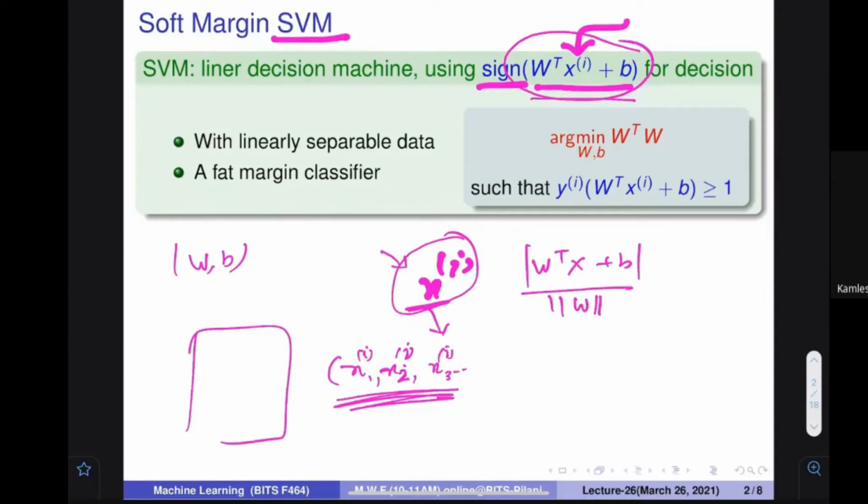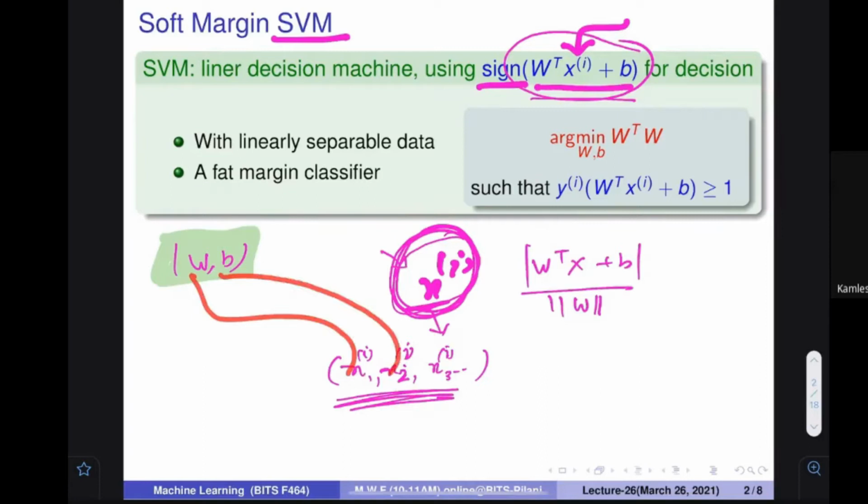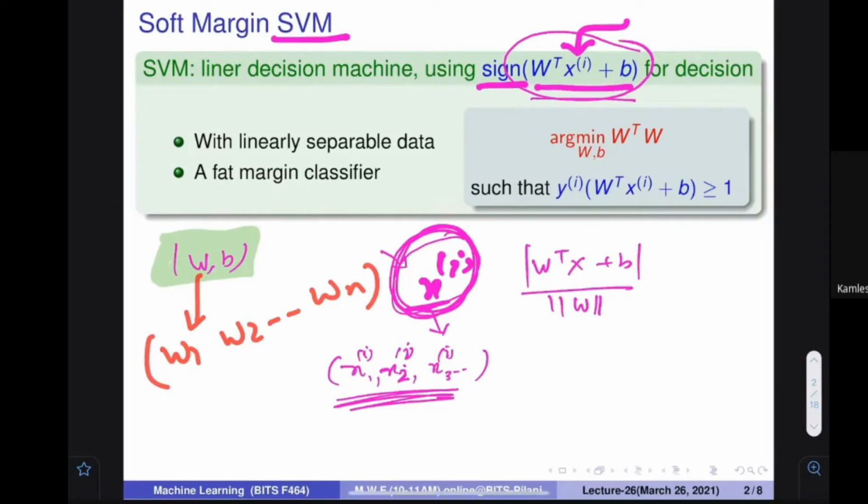So what is the equation of the hyperplane here? The equation of the hyperplane, as I told you, is specified using W and B. If a new data item is given to you, you find all its attributes x1, x2, x3, and combine these attributes with the W's, because W is going to be W1, W2, dot dot dot WN. You multiply term by term, and then add B, and if we put this equal to 0, it would be the equation of the plane.